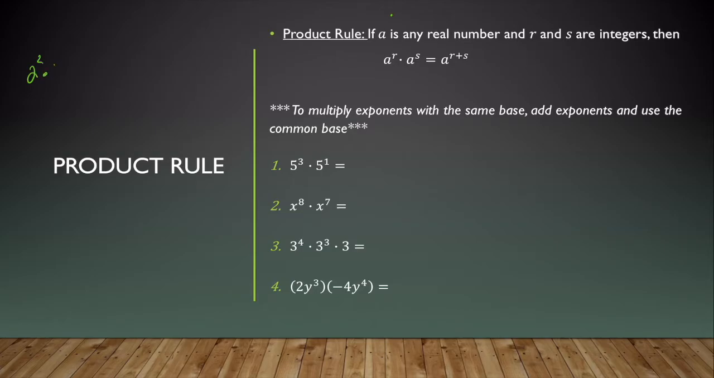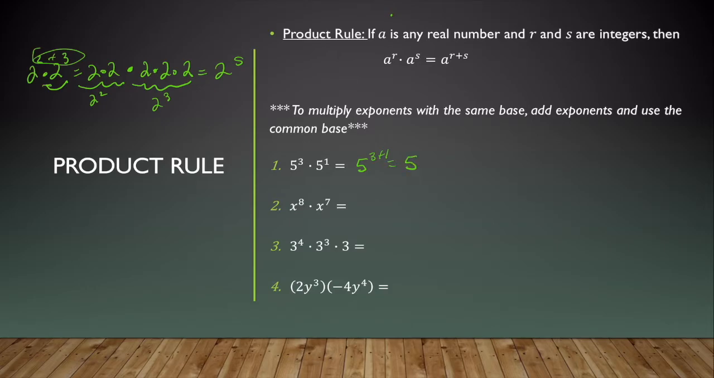Well, let's say I had 2 squared times 2 cubed. That's 2 times 2, right, 2 squared, times 2 cubed, which is 2 times 2 times 2. We could rewrite this as 2 times itself 5 times. Well, 5 is 2 plus 3. That's why this rule works. So if I have 5 cubed times 5 to the first, that gives me 5 to the 3 plus 1, which is